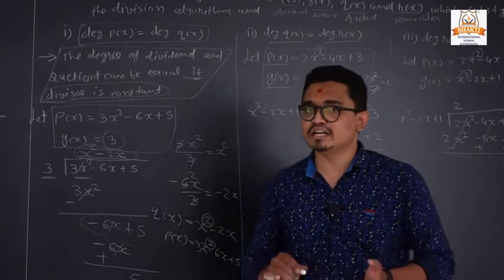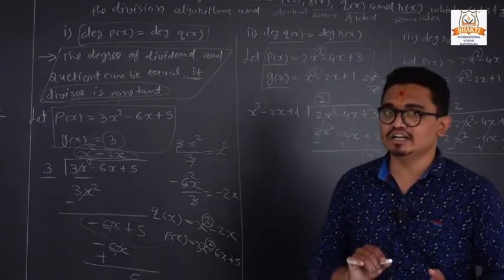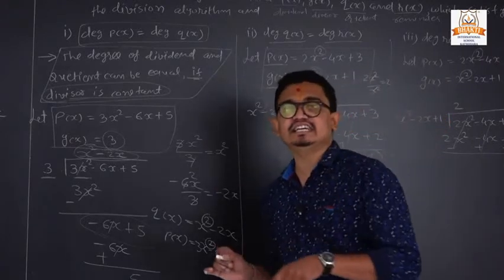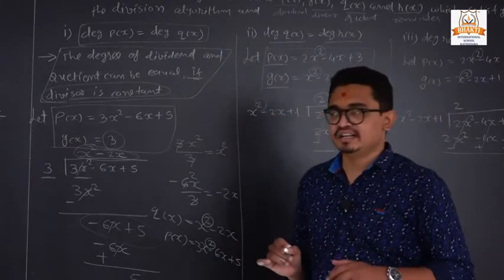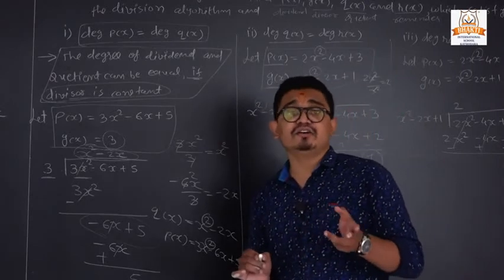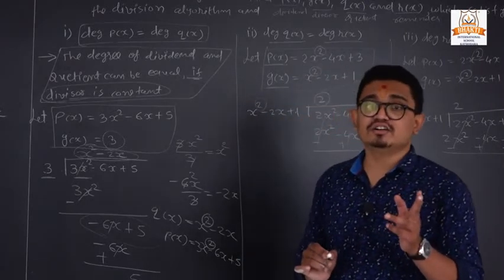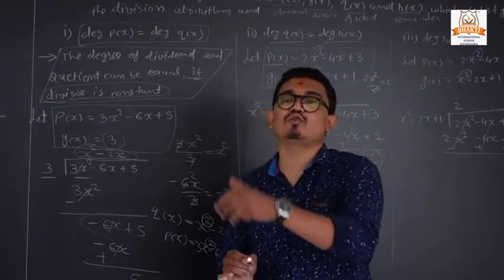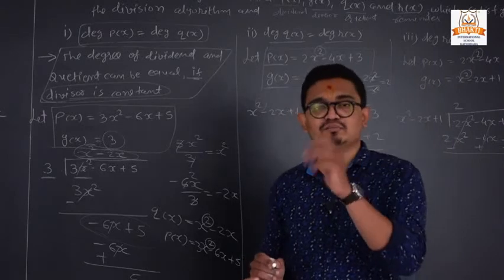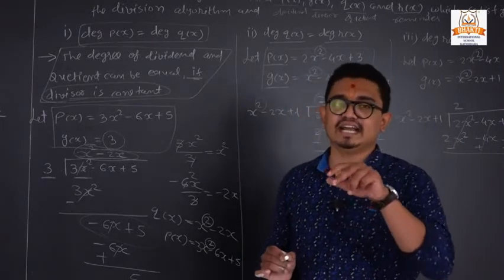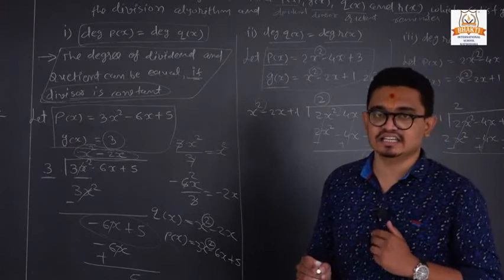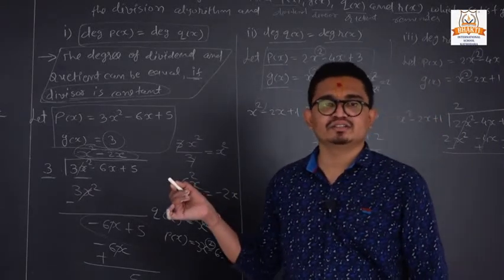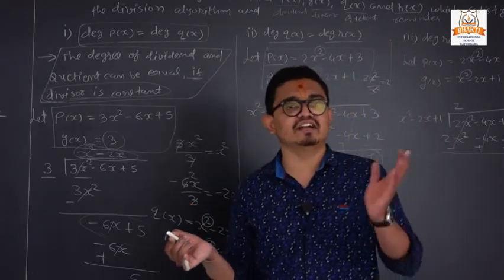We have two methods. First, since it is a quadratic polynomial, we use the quadratic formula, and second, factorization. Now we can also find the number of zeros, and the second thing is the relation between zeros and coefficients, that is, the sum of zeros and the product of zeros. So the second exercise totally depends on these three things. And the last exercise is polynomial division. In polynomial division, they ask different kinds of sums.